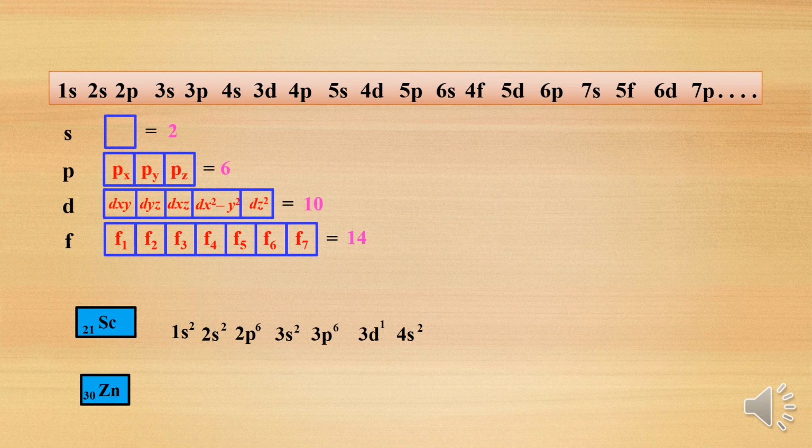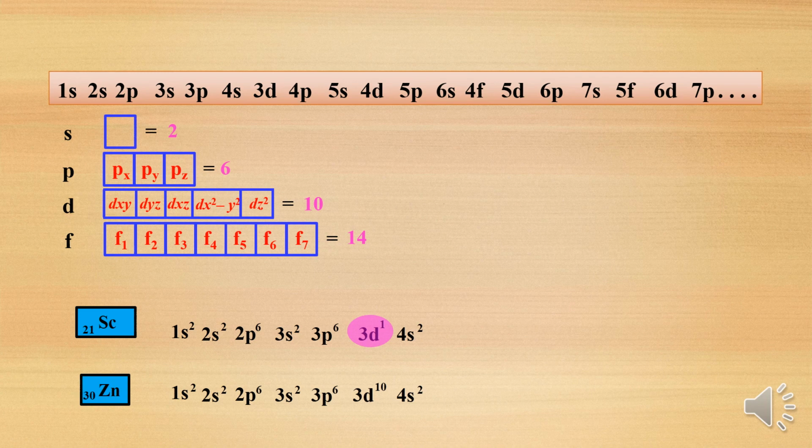But in this case, one more electronic configuration we can write, by taking the nearest noble gas. Even if you see the electronic configuration of scandium: 1s2, 2s2, 2p6, 3s2, 3p6, 3d1, 4s2, and zinc: 1s2, 2s2, 2p6, 3s2, 3p6, 3d10, 4s2. Now, with the nearest noble gas, you can write the electronic configuration. The nearest noble gas is argon, which I will tell you.